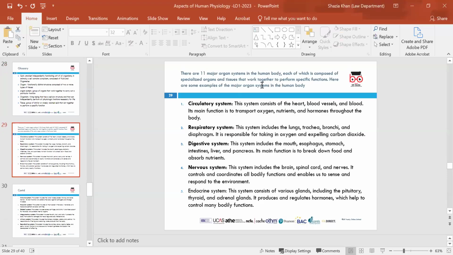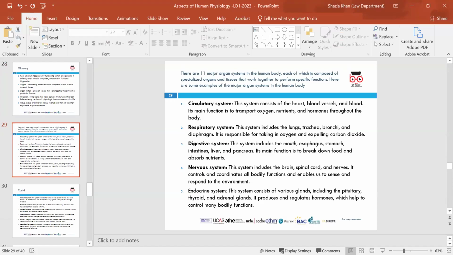So there are 11 major systems in the human body, which are composed of specialist organs and tissues that work together to perform specific functions. Here are some examples of the major organ systems. So you've got things like the circulatory system,